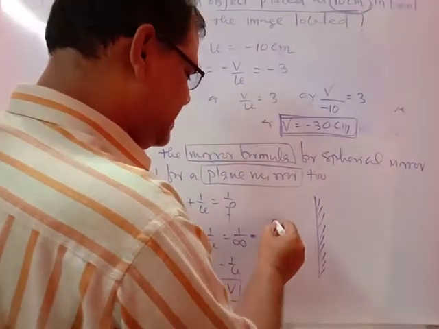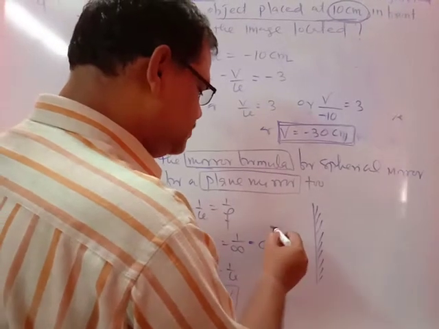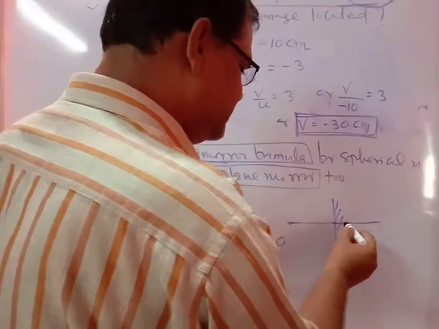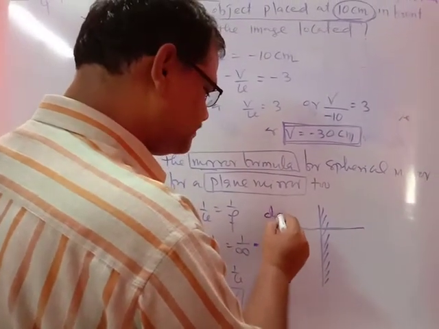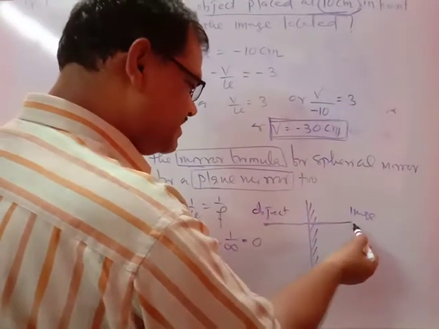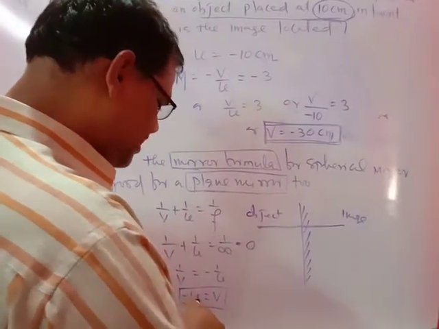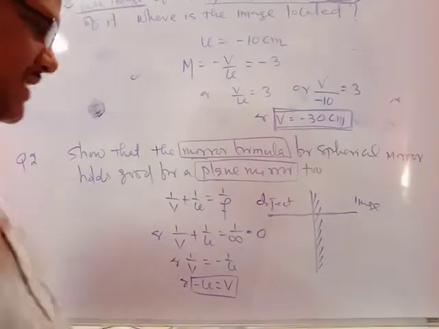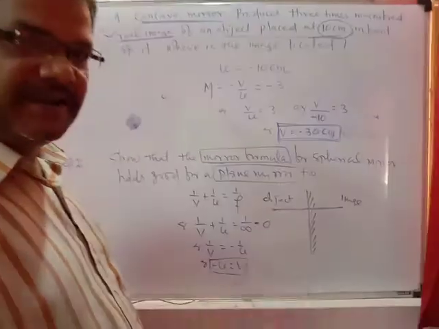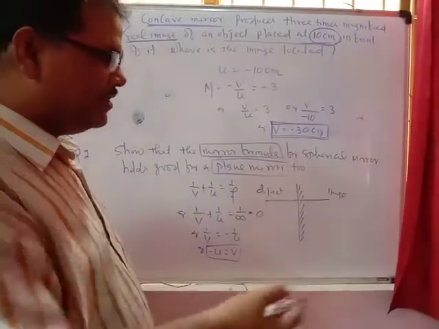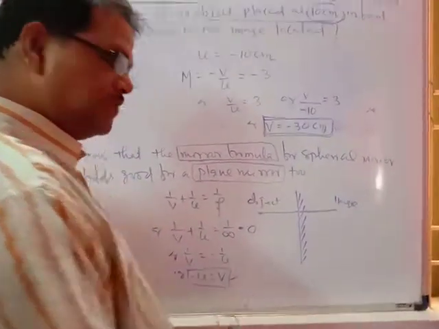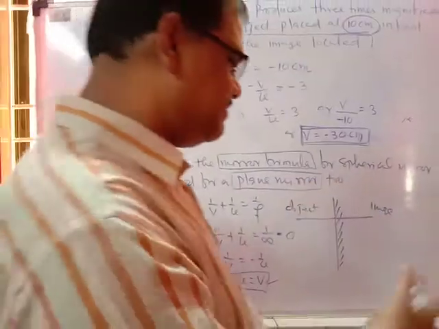The distance from the mirror to the object and the distance of the image from the mirror are both the same. Because u is the object distance and v is the image distance, both are the same. The minus sign indicates that the object is on the left side of the mirror. Any measurement on the left of the mirror is negative, and on the right side it is positive. The image distance v being positive indicates the image is on the back side of the mirror, that is, a virtual image.